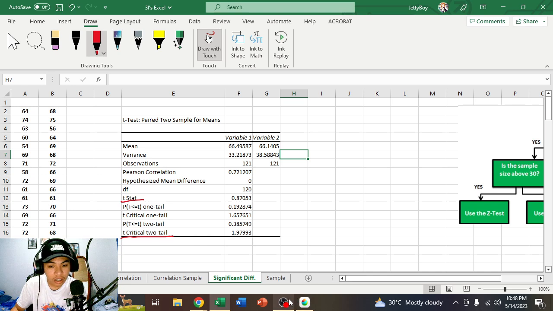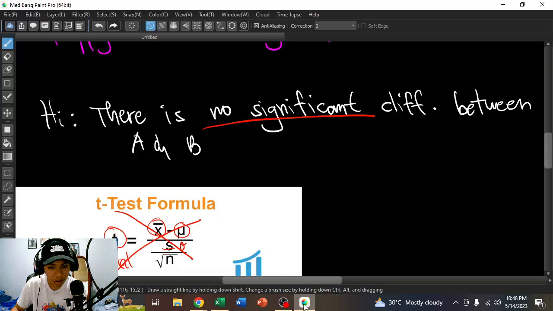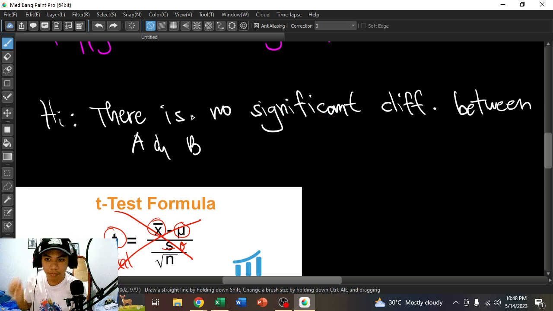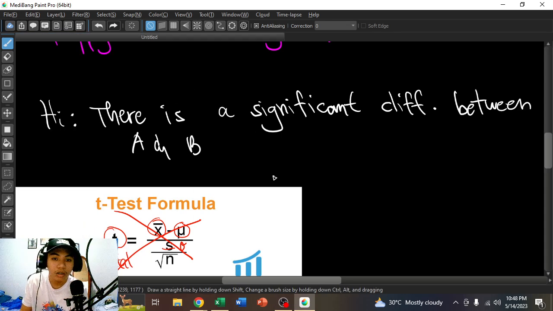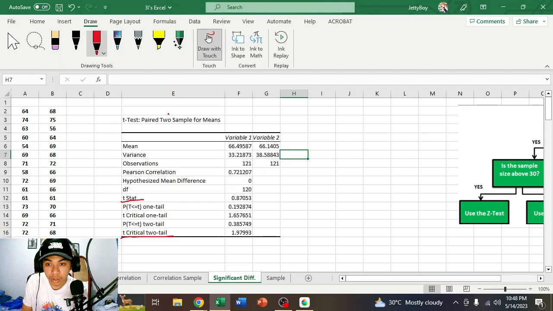Why? Since kung yan ay an alternative hypothesis, or ano ba? Kung yan ay alternative hypothesis, then we're going to do the one-tailed test. Okay, so yung